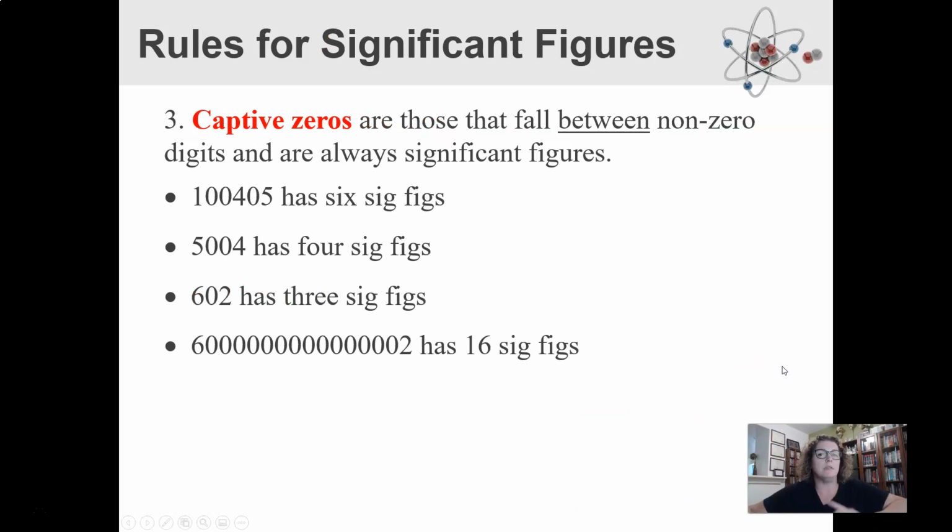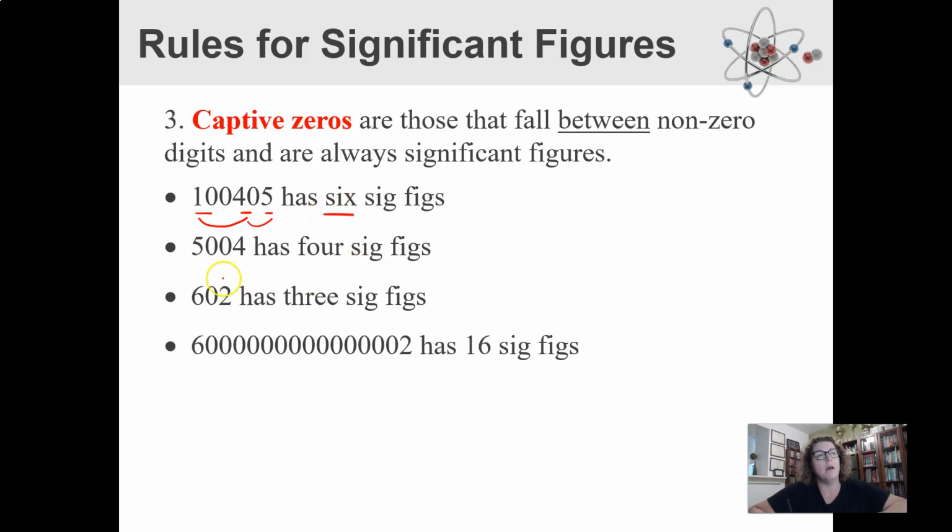So what happens if the zero's in between actual sig figs? Well, now that 0 counts. We like to call those captive zeros. So any zeros that fall between non-zero digits, so any digits between 1 and 9, that 0 now is significant. Right here, obviously the 1, the 4, and the 5 are significant because they're non-zero digits. But because these zeros are between the 1 and the 4, they are significant. And this 0 between the 4 and the 5 is also a captive 0, so that means you have 6